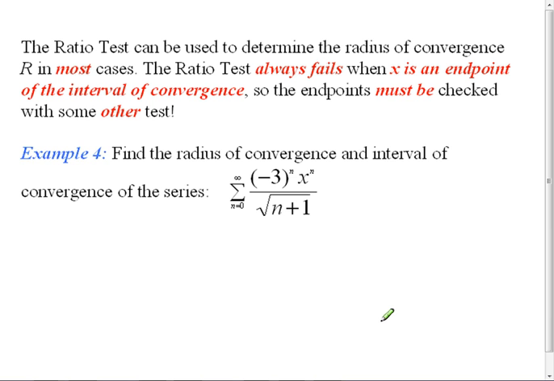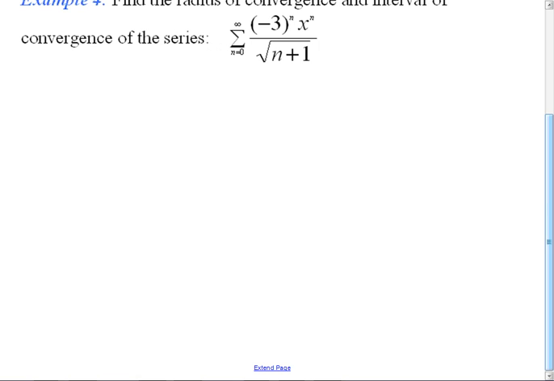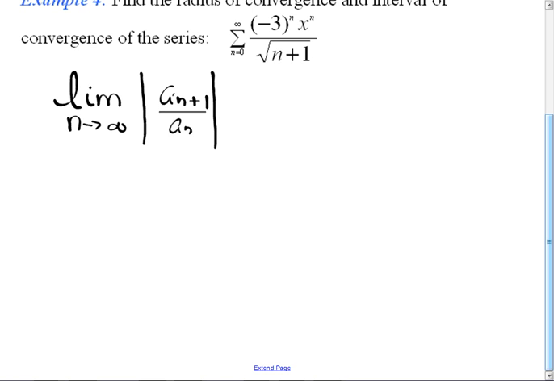Okay. So let's get it set up. We're going to do this. So it's the limit as n goes to infinity of the absolute value of a sub n plus 1 over a sub n. You won't get an interval of convergence. We want that to be less than 1. Equal to 1, we know nothing. So when we get it set up,